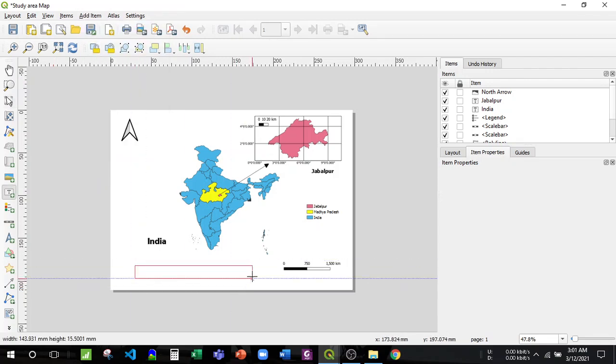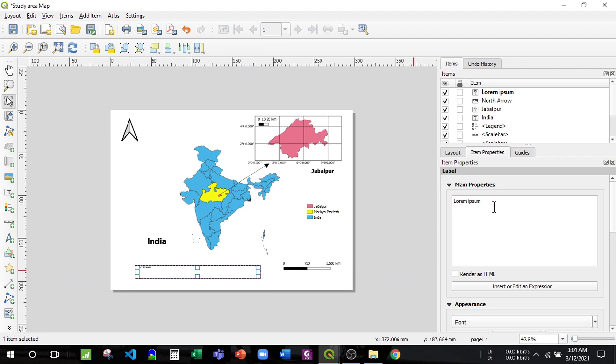What our map suggests, a map suggests that it is a figure, that is study area, insert map.